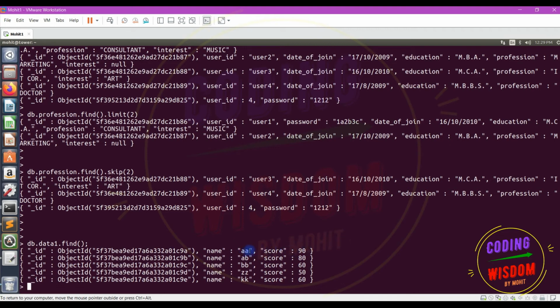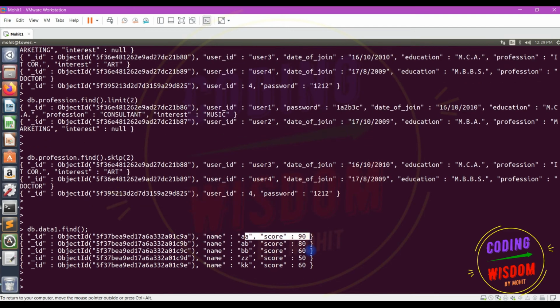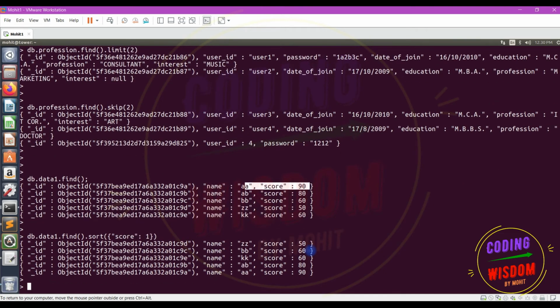I want to sort these records according to their score. So I can use db.data1.find.sort based upon their score. So give a document, score: 1. Score 1 means apply the score field for the sorting purpose.